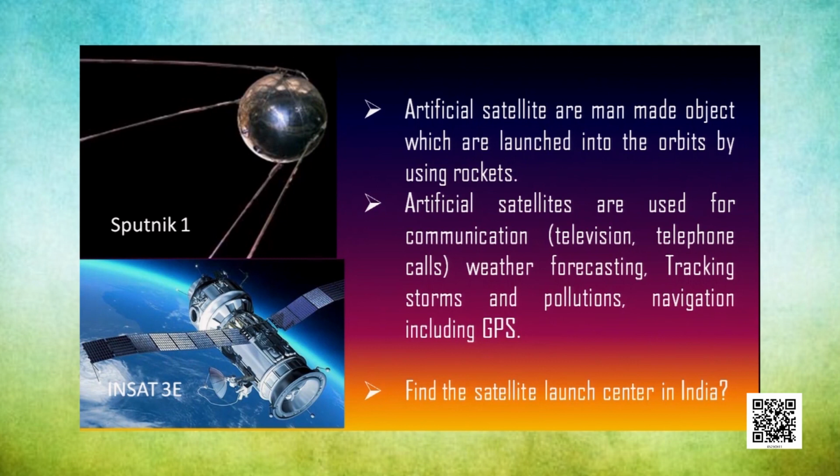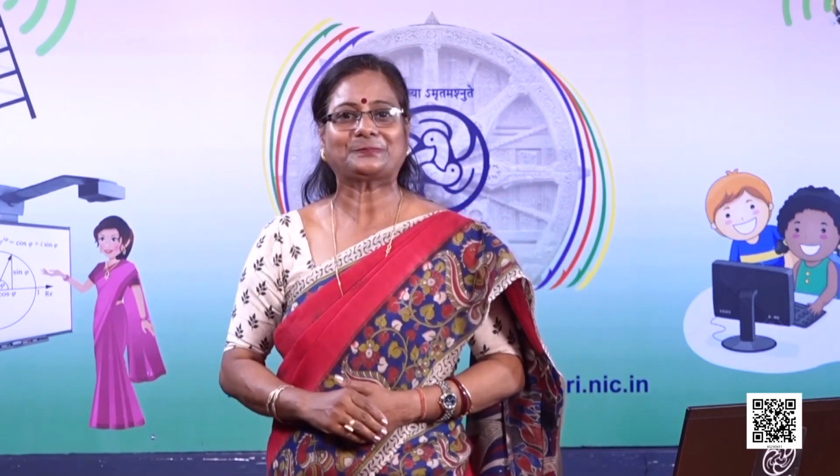Artificial satellites are used for communication purposes. What type of communication? See, now we are talking to each other. I am here, so far away in Bhubaneswar, and you people can see me face to face. This is called communication. How is it possible? This is possible with the help of these satellites. Thank you, satellites. Even you can talk to your friends, relatives, near and dear ones over telephone, mobiles. These are all possible due to these artificial satellites.